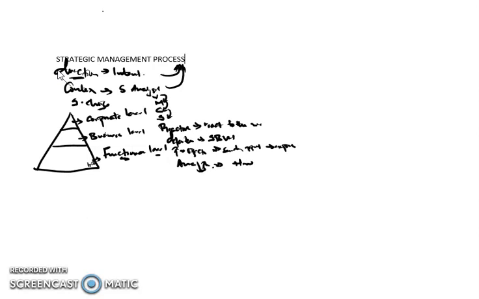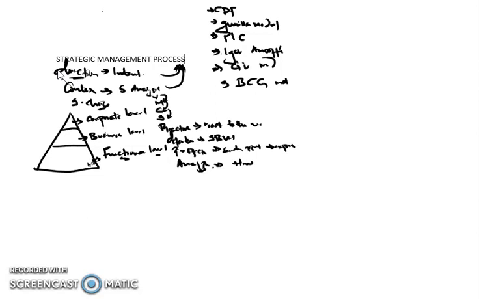we have what we call the generic strategies, and these strategies basically have to do with the following. Let me just list down the models so that we can just go through them. We have the CDF model. This is by Porter. You have the Gorilla model. You have the product lifecycle model. You have Igor Ansoff's model. You have the General Electric model. You have the BCG model. Let me see if I'm missing any. Yes, you have diversification,